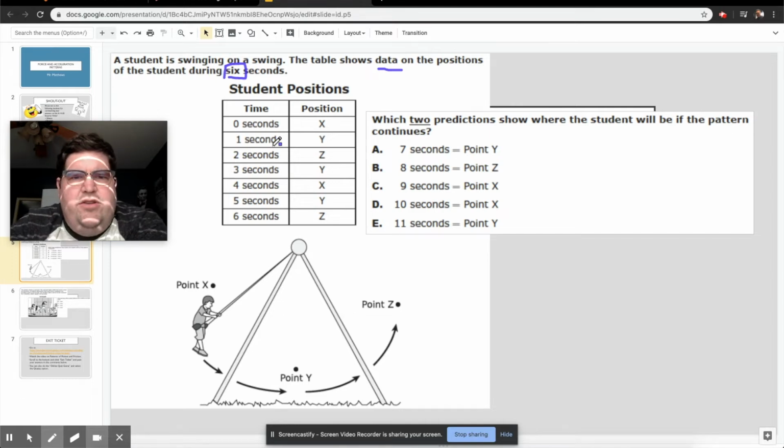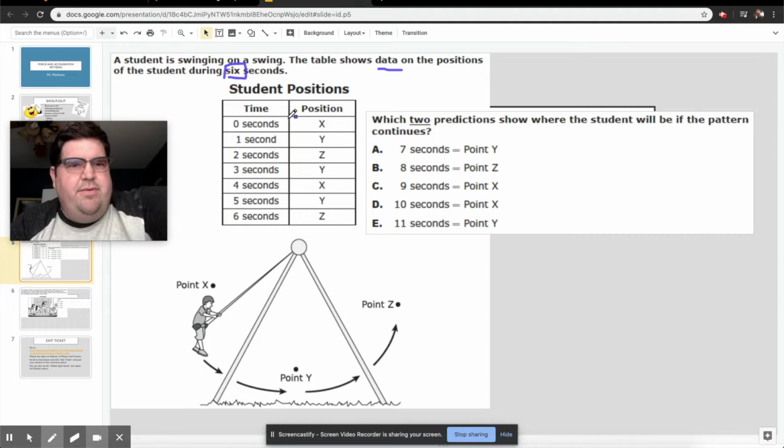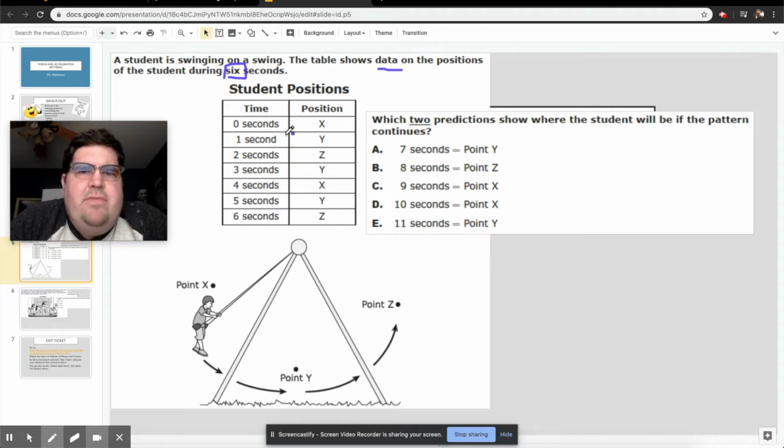So here I have just a regular T-chart. Let me adjust these blinds a little bit because it's getting a little, there we go. All right, so I have a little T-chart here that's got data in it. So it says student position, 0 seconds all the way to 6 seconds. And then position, what do we call these in math again? Does anybody remember? Yeah, they're just variables, all right, just letters that could stand for numbers,